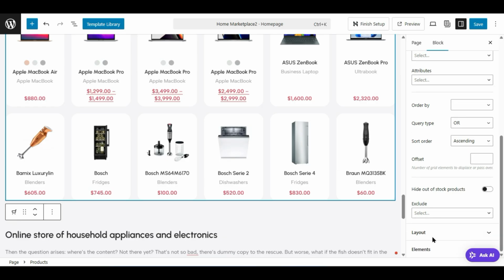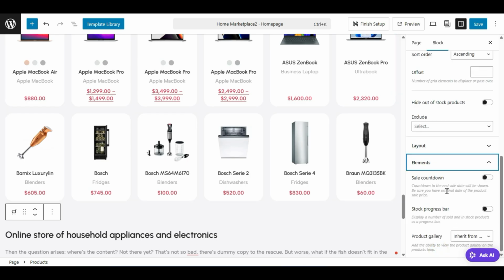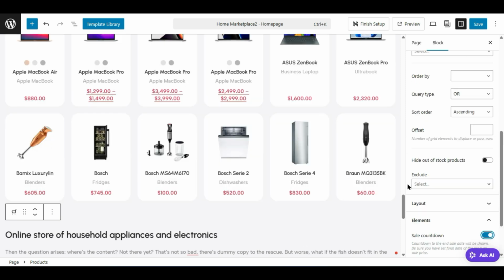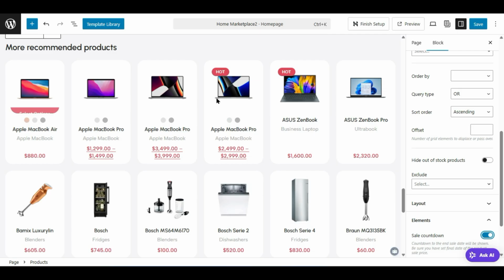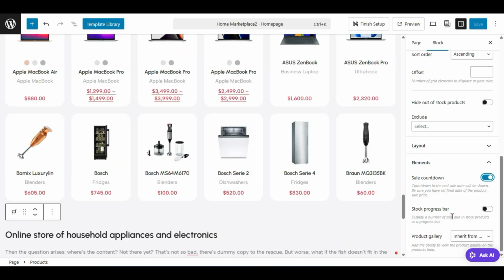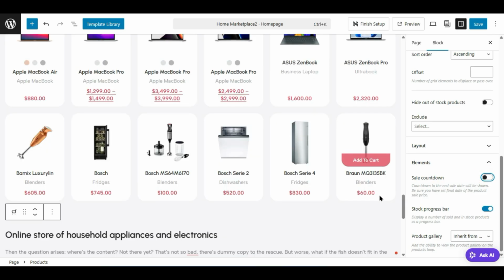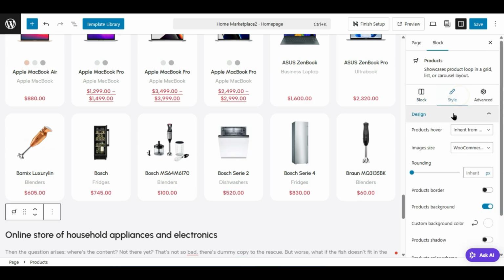Exclude option. You can hide out of stock products. Let's click on elements. You can enable the sale countdown on the product. That will look more professional. Now you will see the sale countdown if any product has one, and then under elements we also have the stock bar, a progress bar showing how much stock is left. Okay, this way you can try out different styles. From the styles you can change the design of how your product looks. Okay, let me keep scrolling down, and we have